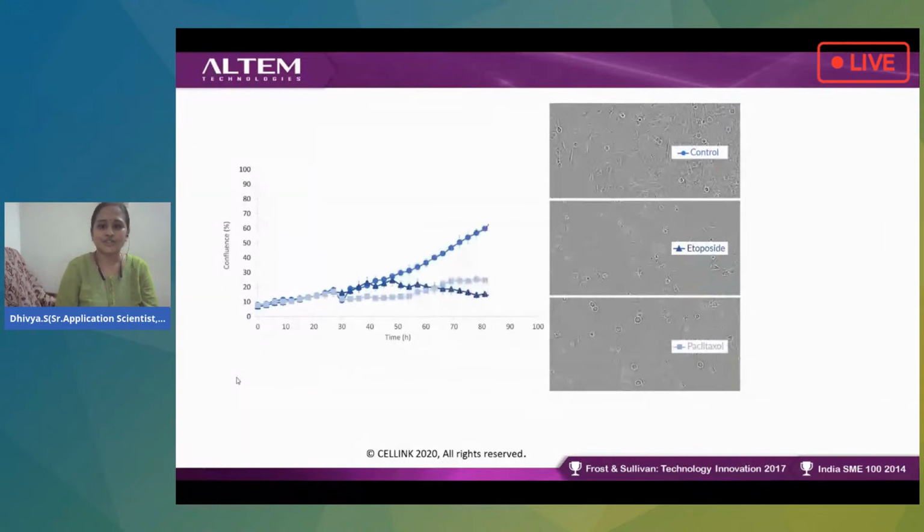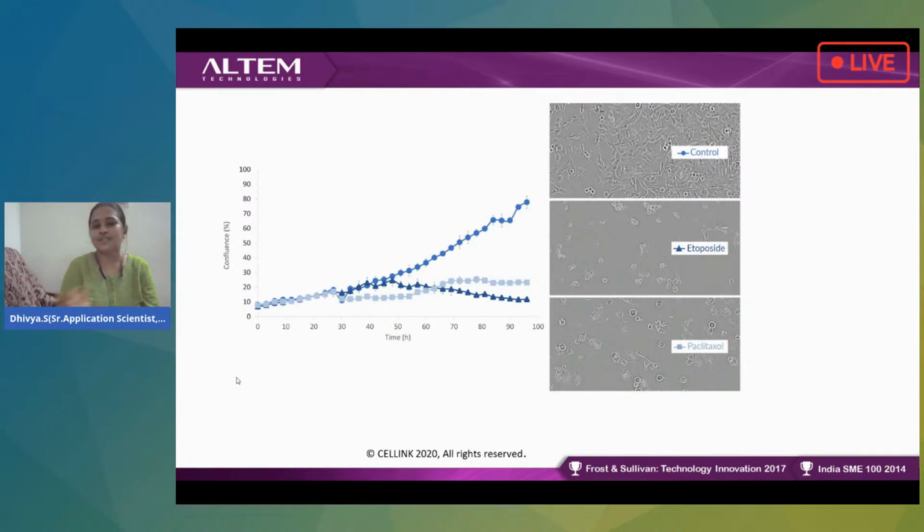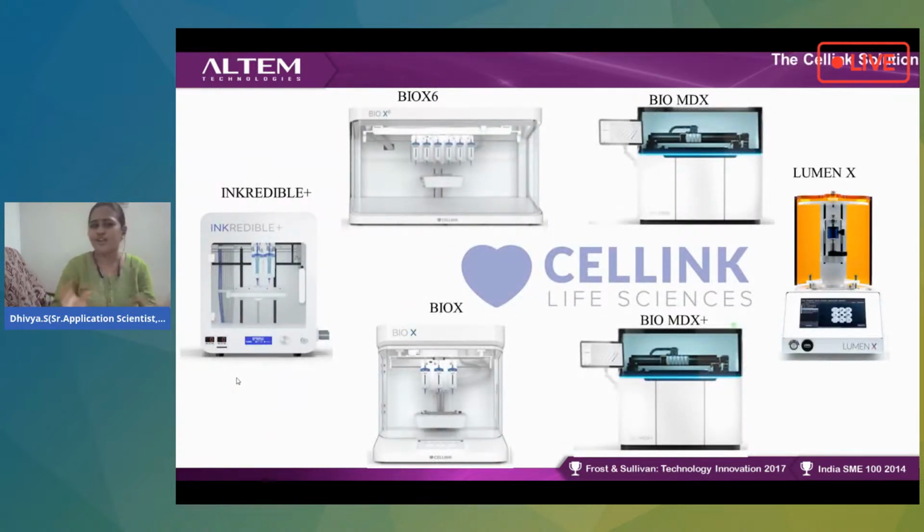So control, and when you treat the different drugs over time, you can see the behavior, and also when you put the drugs in the cell lines, you can monitor this. When we see everything live and automated over a period of time, you can understand the behavior of the cells very easily. So that's why we will be depending on 3D models more rather than on 2D cell culturing models. I hope now you understand more about why we need to accelerate the drug discovery process in 3D cell culturing